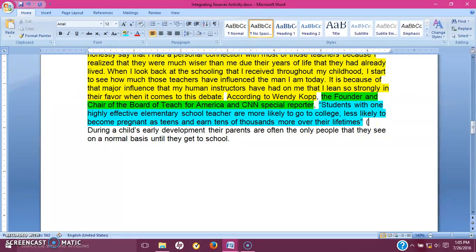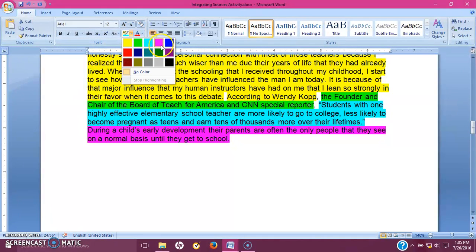This would not be incorrect, but it's just redundant. So you don't need to add this information here again because it's already clear in the sentence who is saying the quote. All right, and then he started to talk about